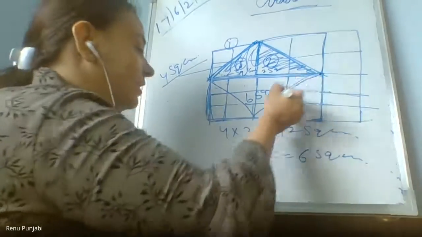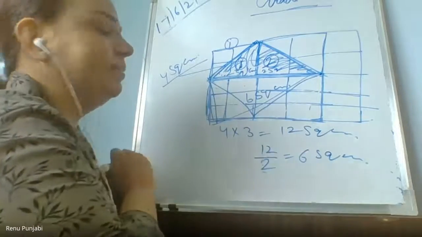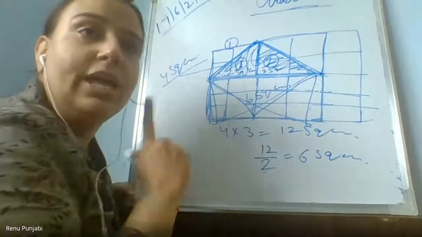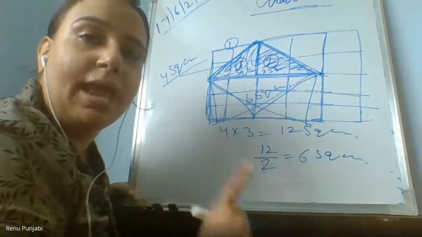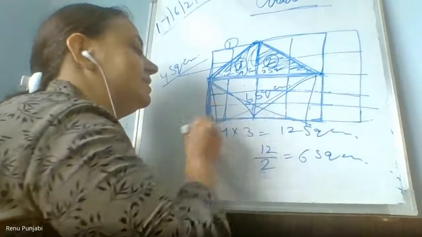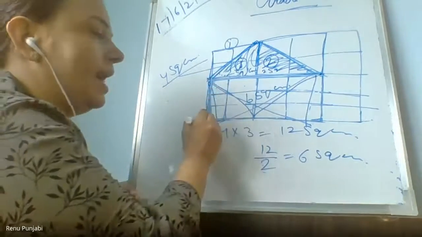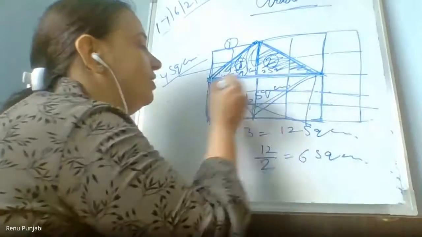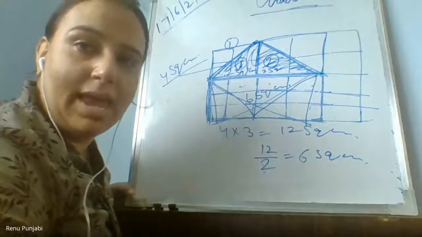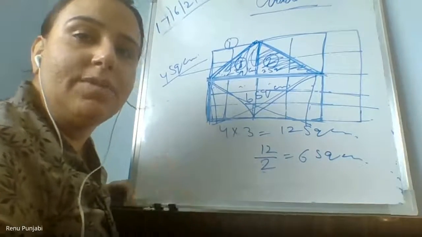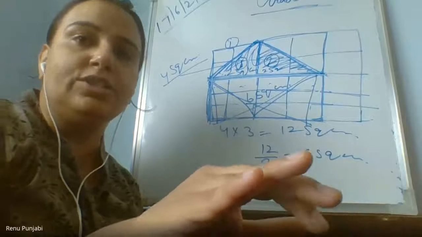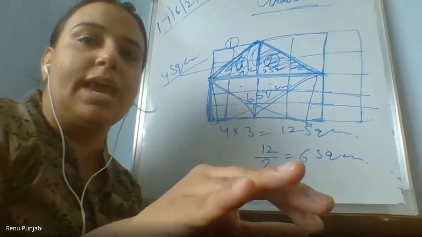चाहे फिर वो इतना ही एक्सटेंड करके क्यों ना ट्रायंगल बना दे, चाहे वो इतना बड़ा ही क्यों ना ट्रायंगल बना दे, then also the area will be same because the height and the base is same. Height is of 3 squares and the base is also of the 1, 2, 3, 4. When the height and the base is same, then you will get the same area. I'll show you the picture also. When you draw it in different ways also, you will get the same area.